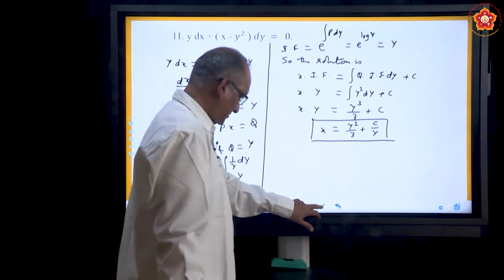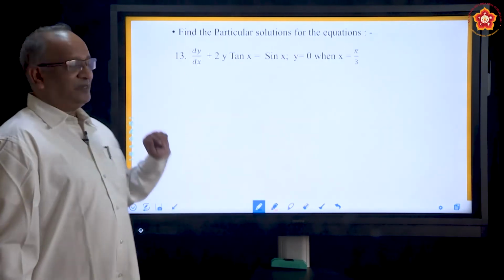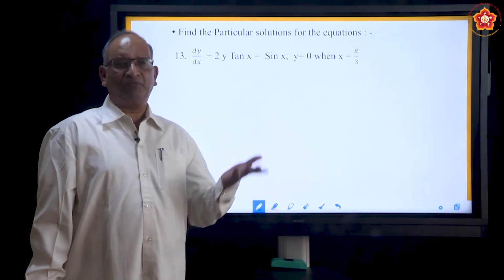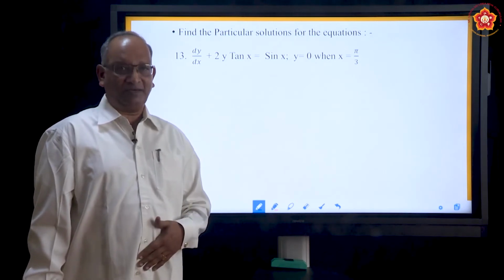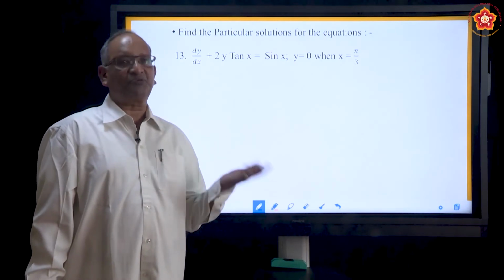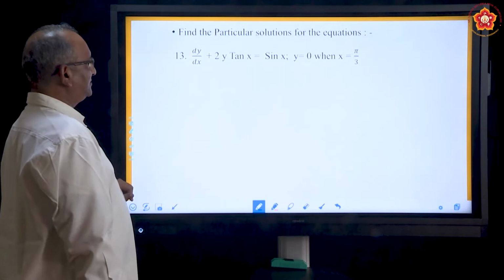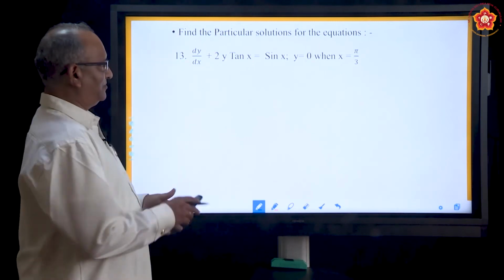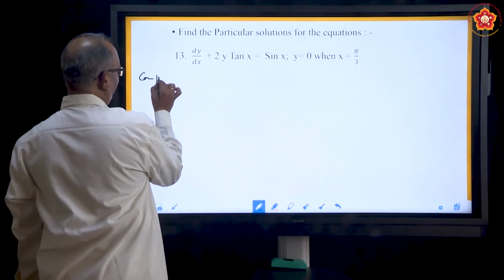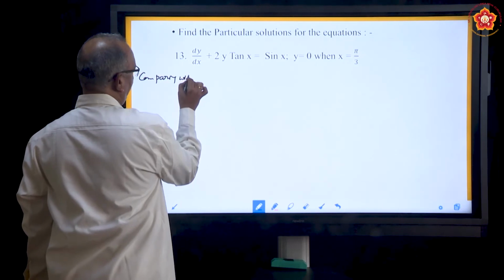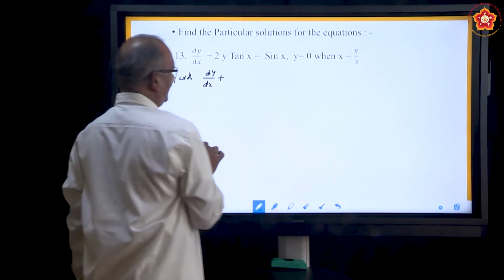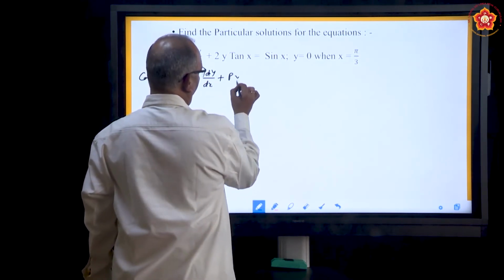Okay. So, let us move to the next problem. Now onwards in the problems we have to find the particular solution. So, what do we need to do? We will just solve the problem the way we have done, only in the end we have to find the value of the constant of integration and substitute, that is all. So, let us take up this. You can see that it is already in the standard form, comparing with dy by dx plus py equal to q.